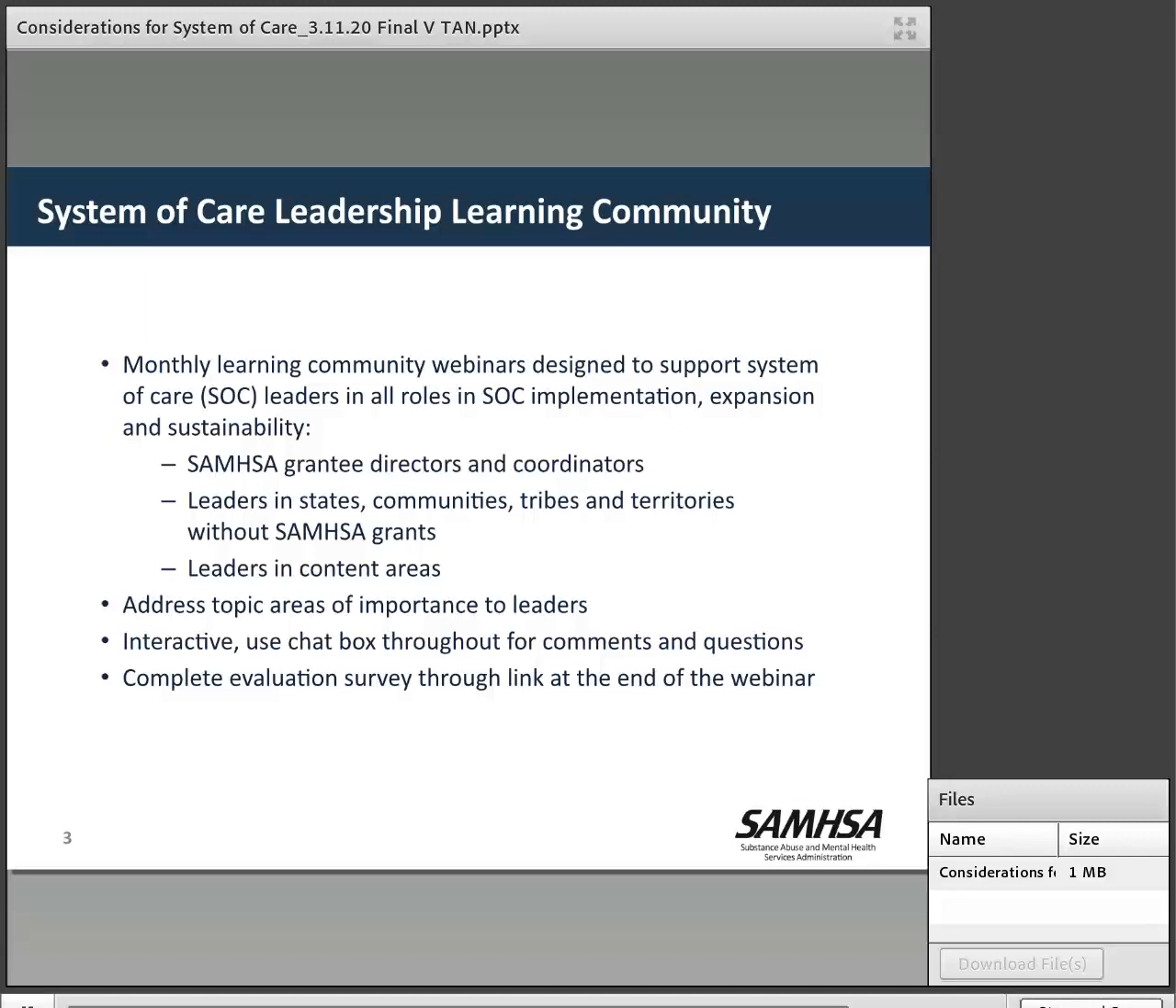This year we're focusing most of our sessions on operationalizing various elements of the system of care approach, and today's session will focus on implementing a continuum of crisis services with a special emphasis on including mobile crisis and response